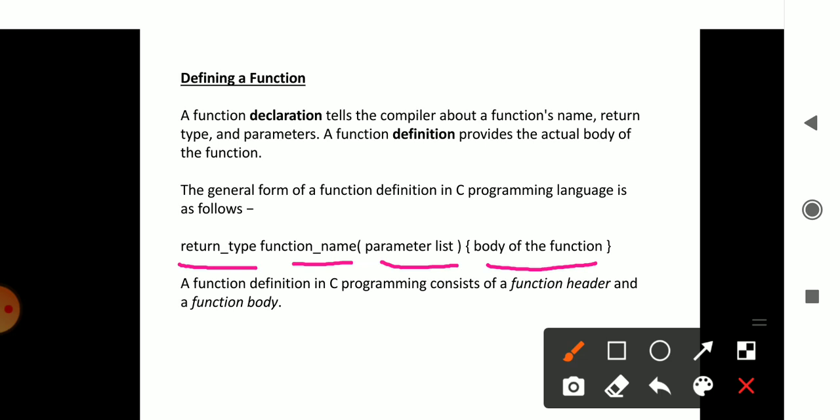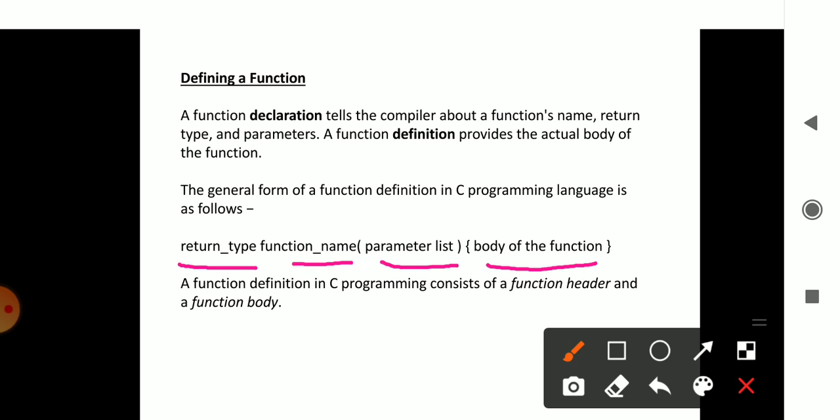The function definition contains two parts. First one is the function header, and second one is the function body. The function header contains the return type, function name, and the parameter list.